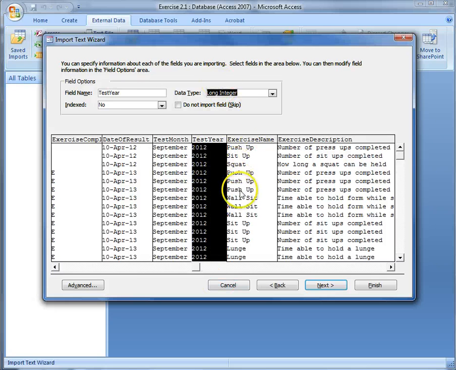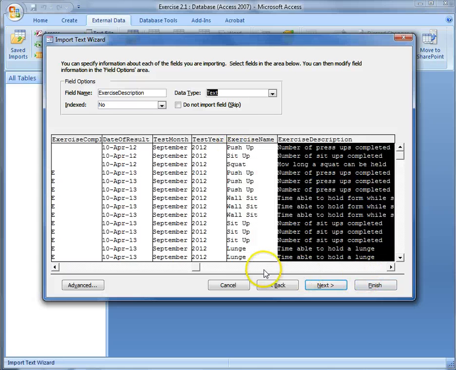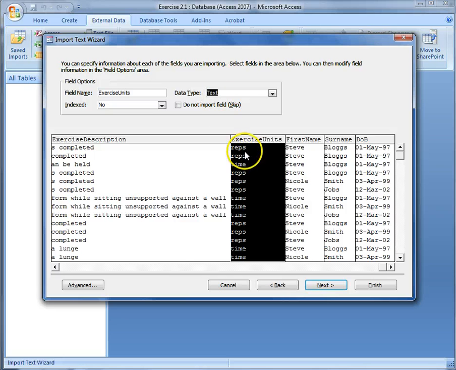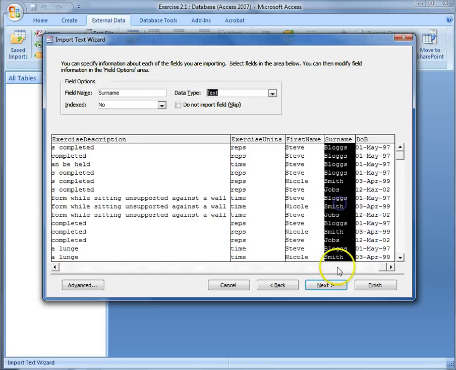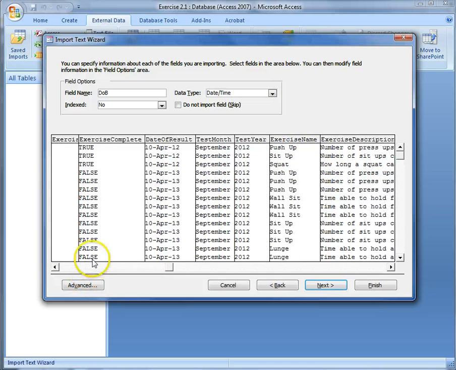Test years, once again, it's an integer. The exercise name is stored as text. Description, so an explanation about what it is. The units of the exercise, whether the result's going to be stored in reps or time. First name, surnames, and dates of birth. Once again, date of birth, so most of these are okay. The only one you need to look at